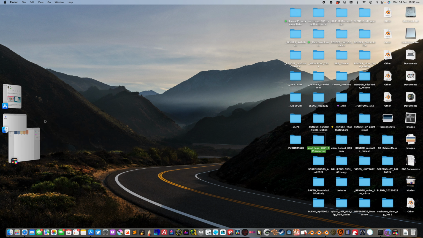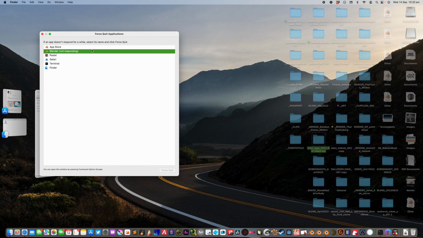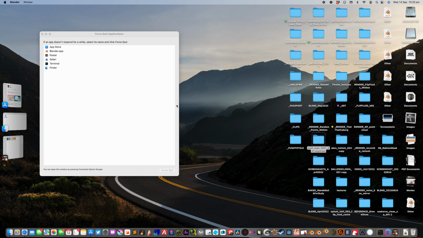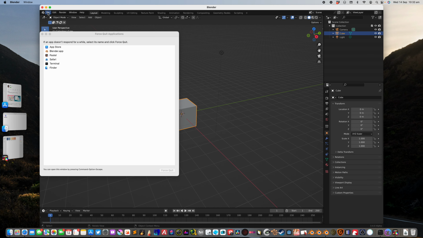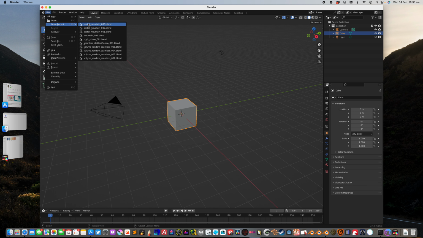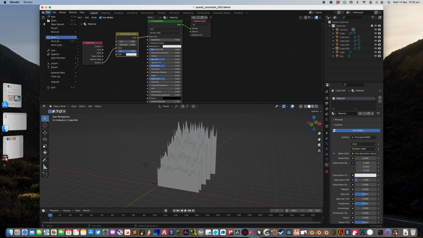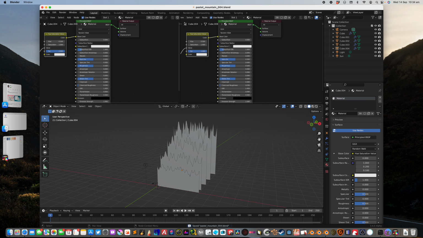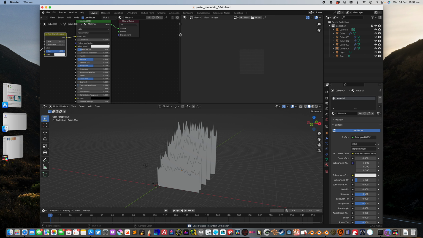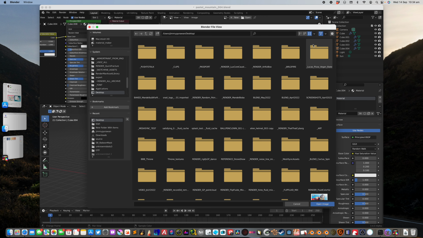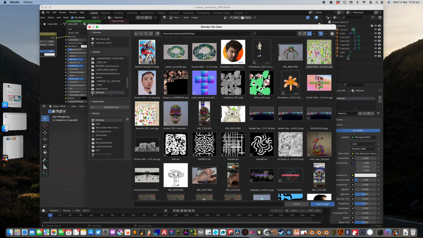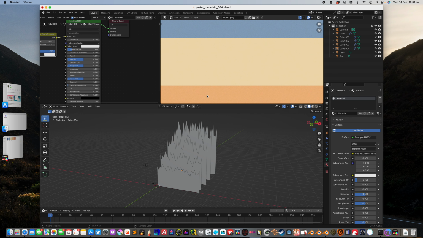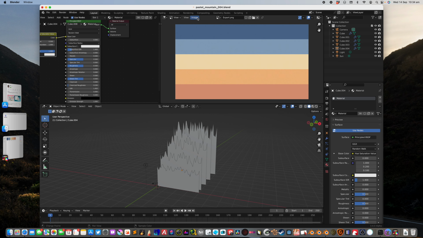Okay, it's Blender frozen. Let's reopen it. We're gonna try and take advantage of the palette. So we have this file, save as. Go to image editor, open. Let's grab our color. Image,